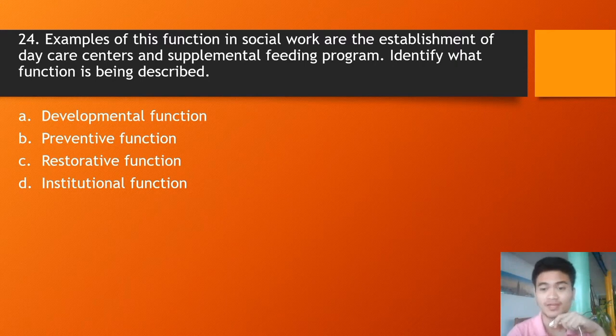Restorative function, on the other hand, refers to the function where there has already been a disruption or disequilibrium. No? Meron nang problema na nangyari that calls for restoration of that function. Usually, nakikita natin yan sa mga rehabilitation centers kasi restorative, for example, CICL, restorative function kapag you are working with